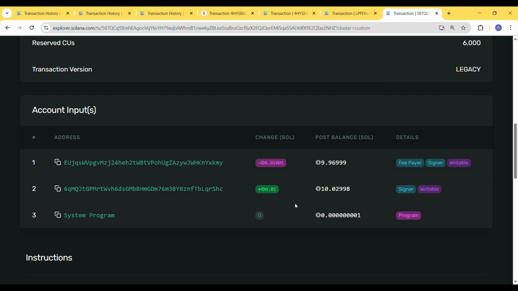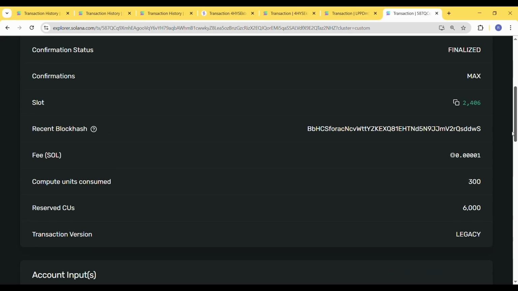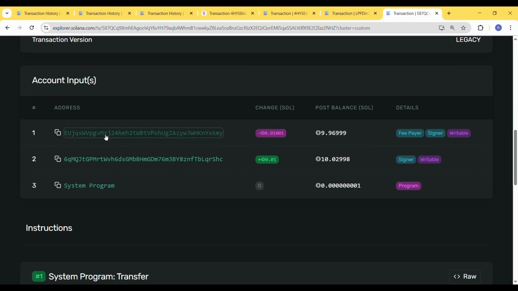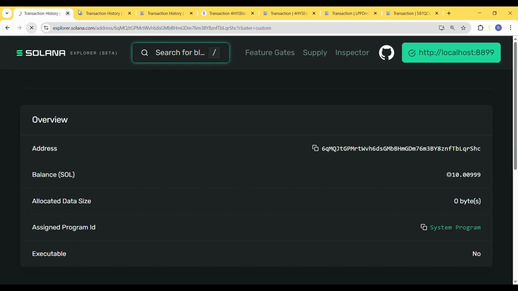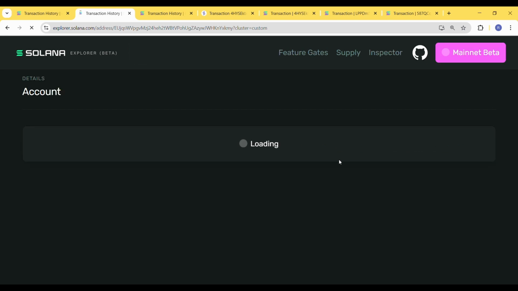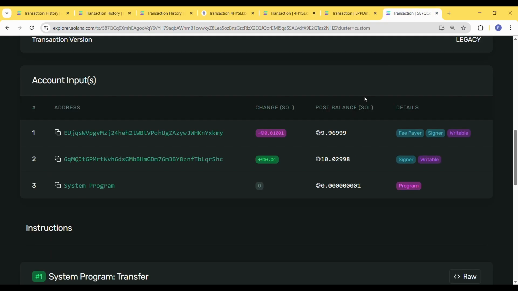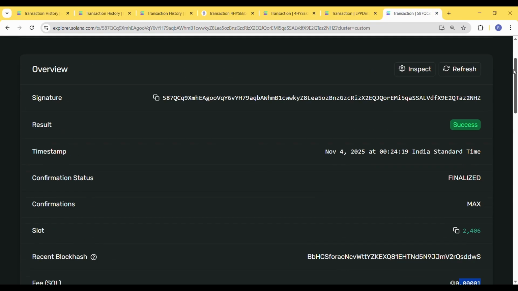Everything else remains the same, but since this one has become the fee payer, the additional 0.01 fees has now been deducted from the second key pair. Let's just look at the status for our satisfaction. Here it's 9.9669. Now if we look at the transaction on